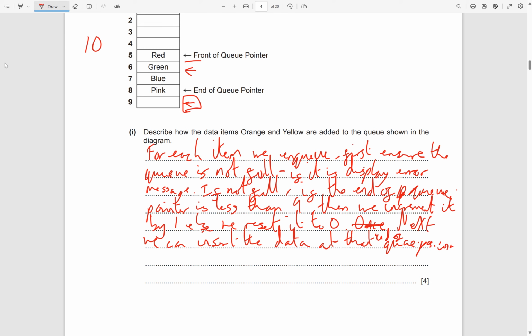And then I think here, since they've given us an example, let's try and actually be specific for this example. So in this example, what would orange be? Orange, in quotes, it's probably a string. So orange would be enqueued